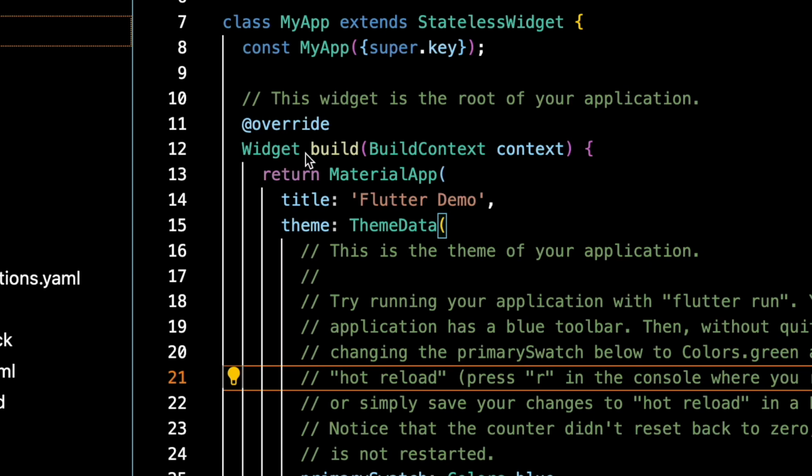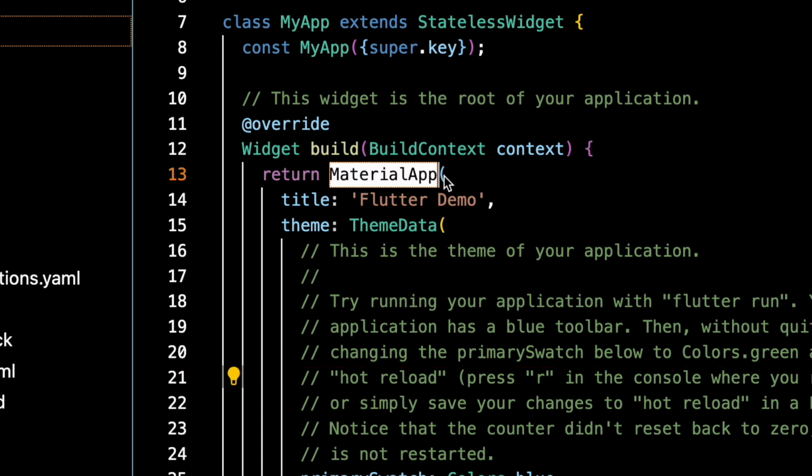Material App is a special widget in Flutter. It is used to define the basic structure and design of the app, such as the color scheme, font style, and navigation. Think of it as the foundation of your app. It sets up the overall look and feel of the app and provides a framework for organizing and navigating between